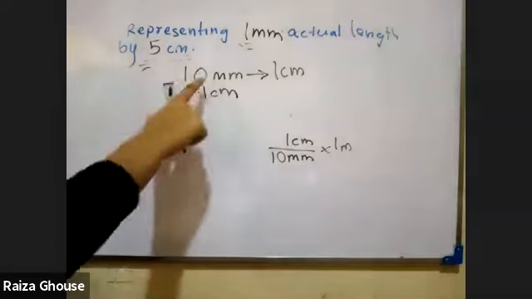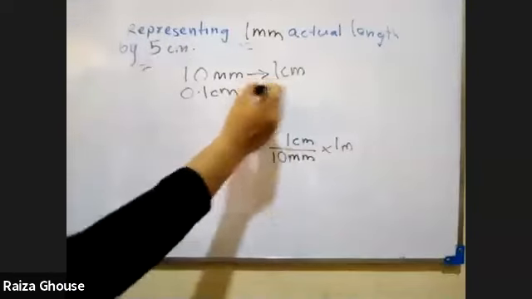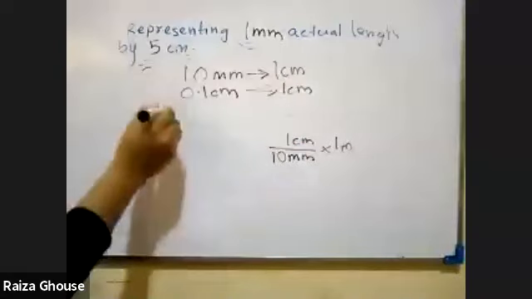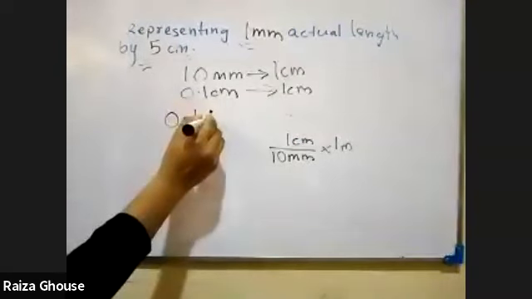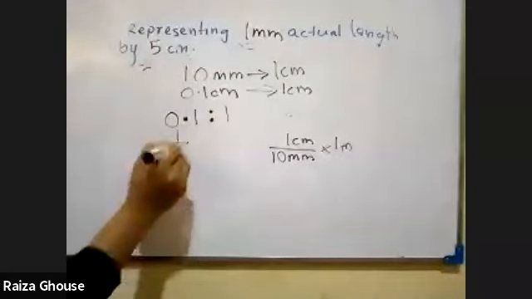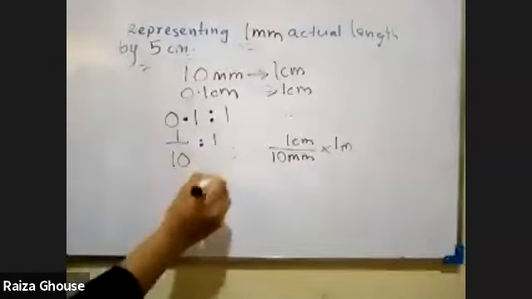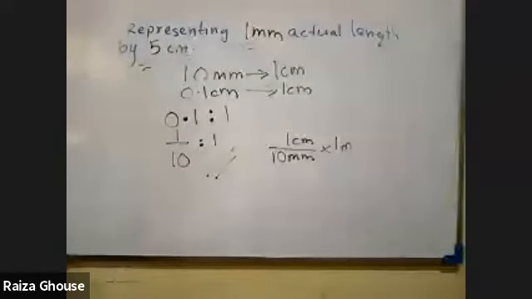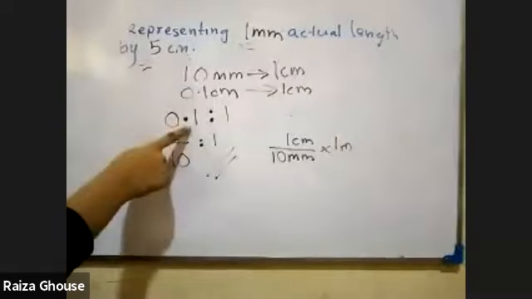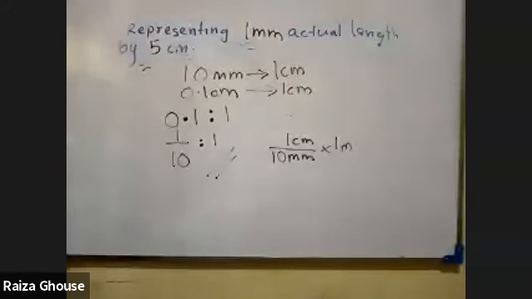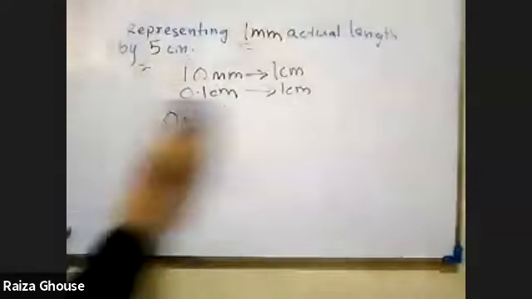1 millimeter is 0.1 centimeter, then that is by 1 centimeter. So some children ask me, can we do it that way? So you have to put 0.1 is to 1, but it is ugly. So write it as 1 over 10 is to 1. It's fine, no wrong, no mistake. But the better way is converting the other way, to millimeter. But if you want to represent in centimeter, then fine. 0.1 centimeter and 1 centimeter, you can take it. That's also fine. 5 is to 5 centimeter. Okay.